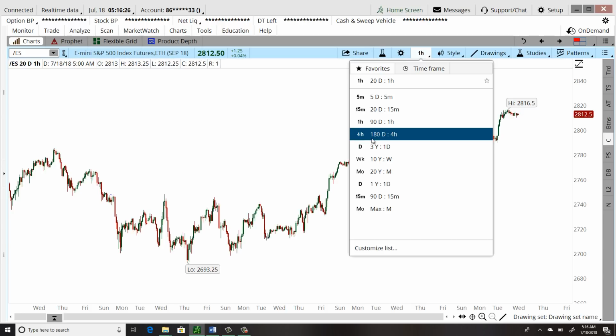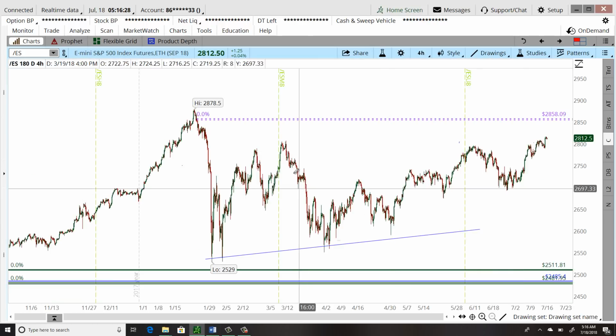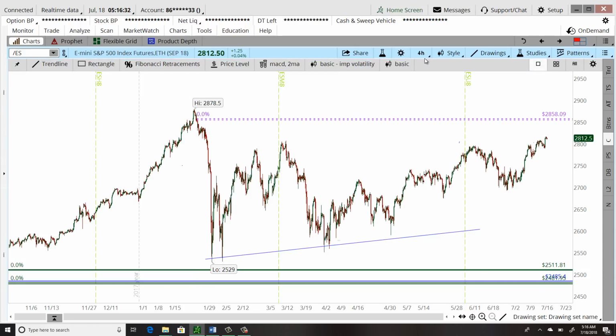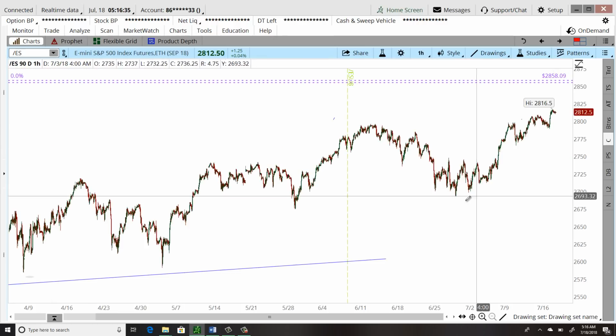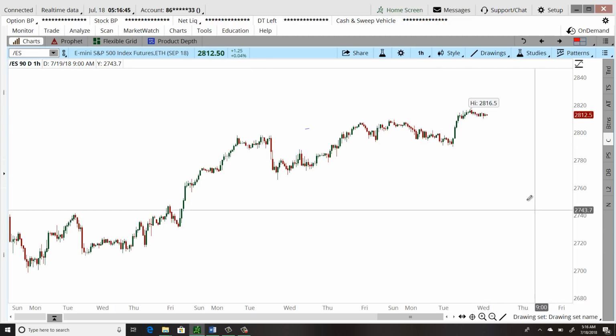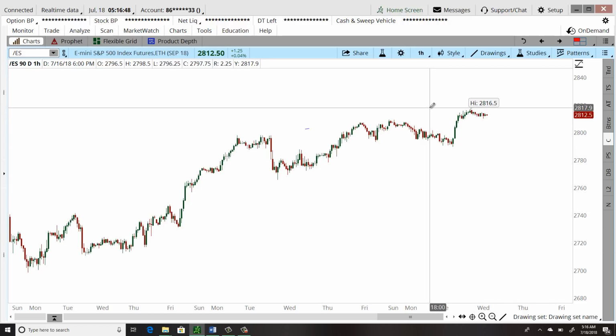Now, when I look at this on a bigger time period, say the 4-hour chart, there's plenty of room, I think, for price to continue its rise and its rally. So, in my mind today, this is a little bit of a pullback here in the overnight hours. We've pulled back a little bit off this 28.16 level. If somebody wanted to take a breakout above that 28.16 level, I think that would be a very